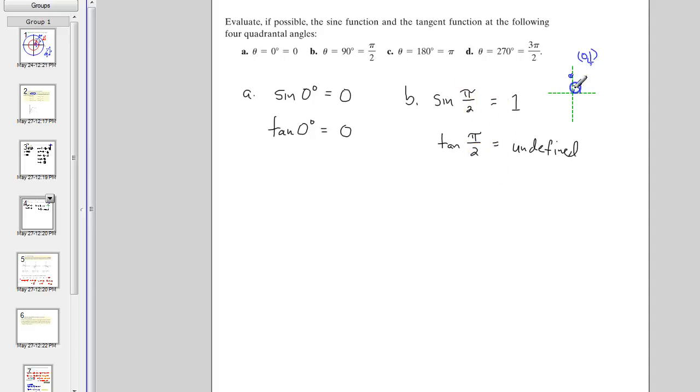Alright, the tangent, now that's a vertical line. It's not a very good picture. That's a vertical line segment, and the slope of a vertical line is undefined. Okay, so it's not possible to define the tangent function. It's undefined. Alright, and then at 180 degrees,